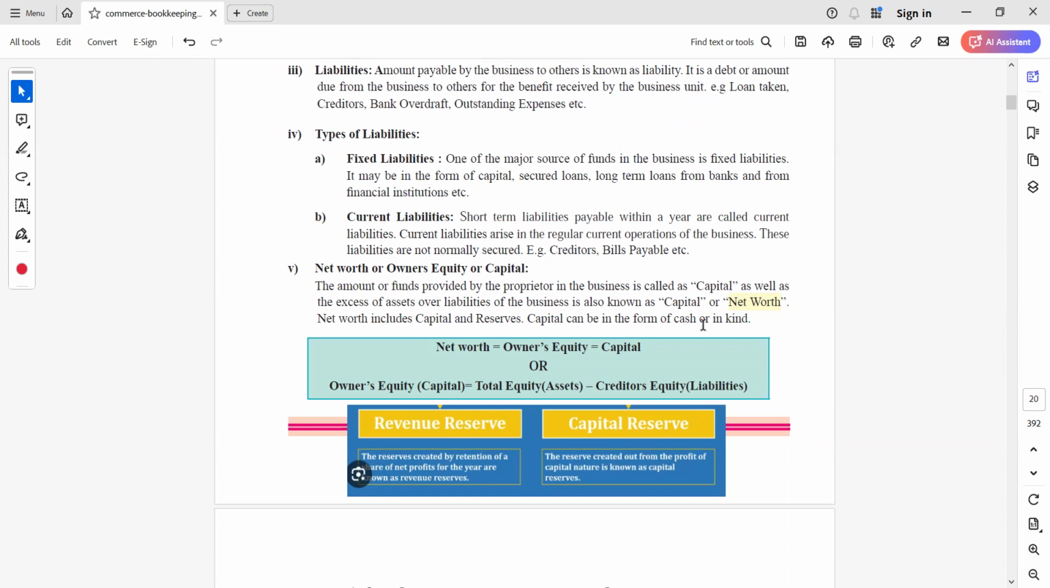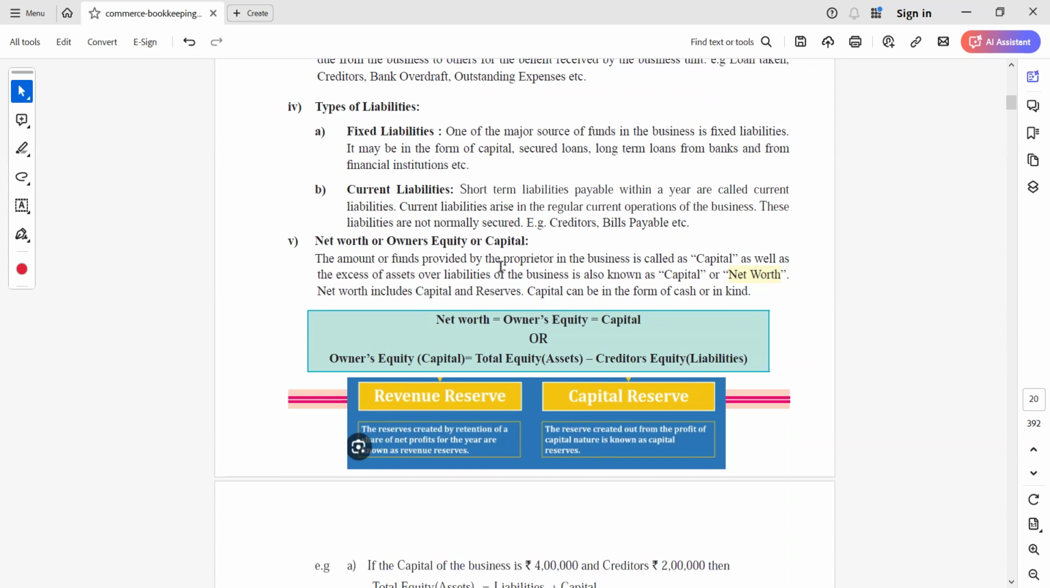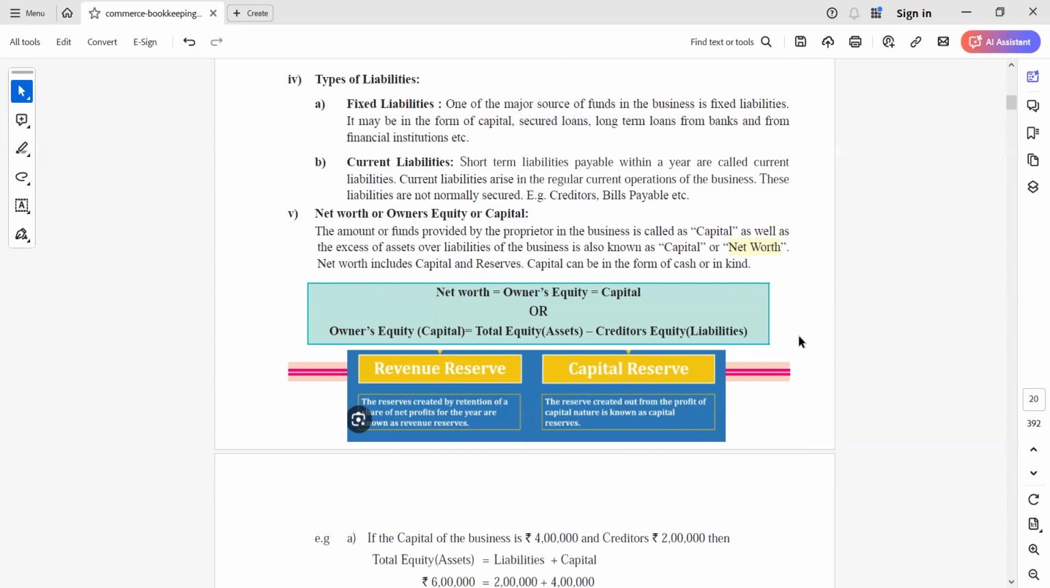So creditors, bills payable, net worth or owner's equity or capital: the amount or fund provided by the proprietor in the business is called capital, as well as the excess of assets over the liability for the business is also called capital or net worth। Okay, net worth is basically assets, whatever contribution owners has contributed, minus liabilities, is called net worth. Net worth includes capital plus reserve, capital can be in the form of cash or in kind। Okay, तो क्या क्या है net worth, owner's equity, net worth is equal to